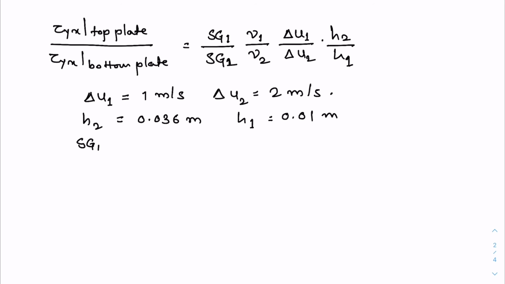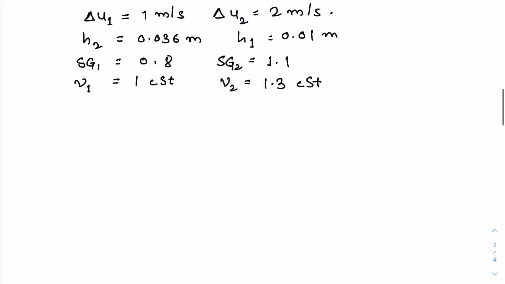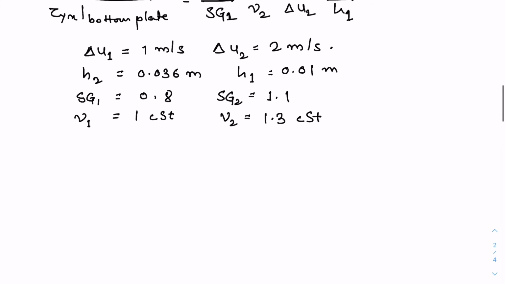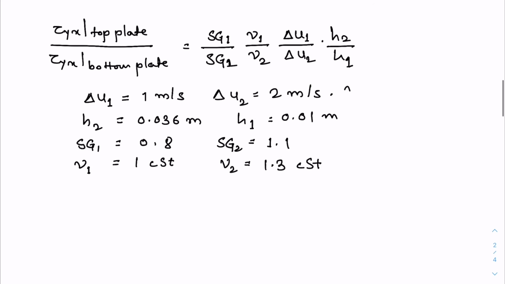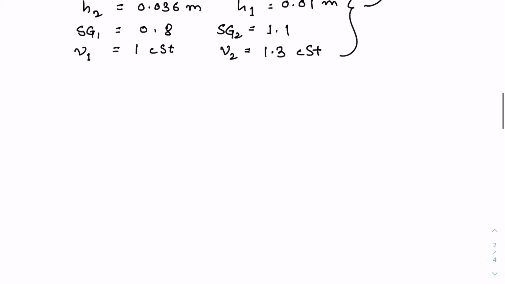SG1 and SG2 are also given, SG1 is 0.8, SG2 is 1.1. Kinematic viscosities are given, nu1 is 1 centistokes, nu2 is 1.3 centistokes, and so just substitute these in the ratio, and what you will find out is that tau yx in the top plate